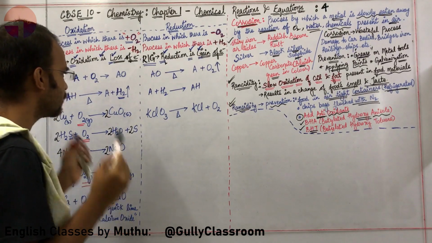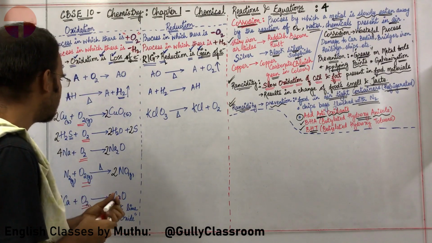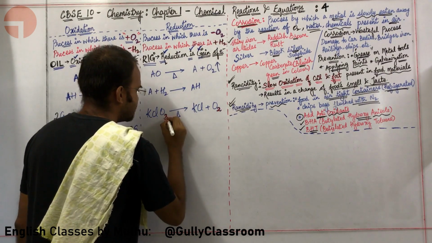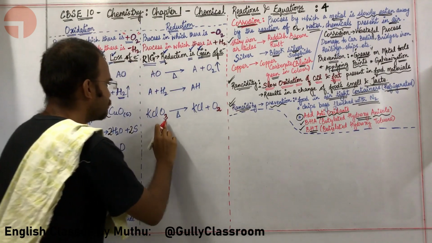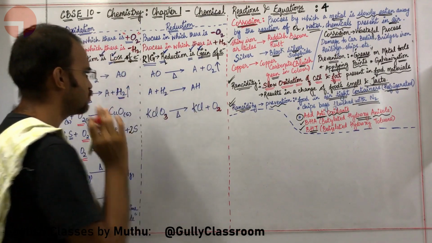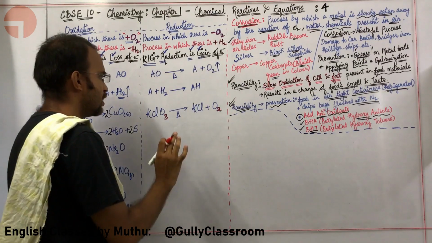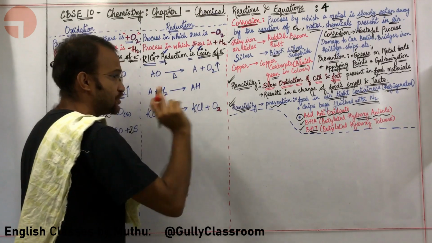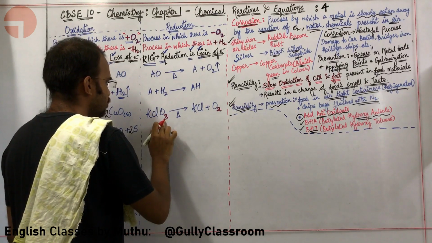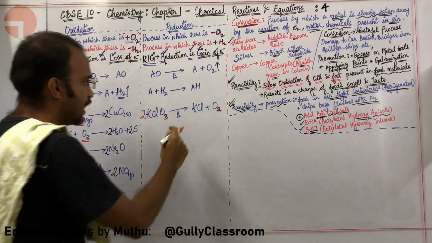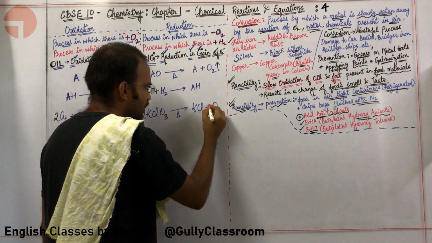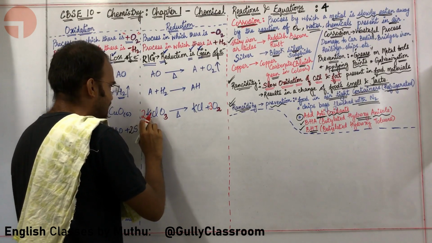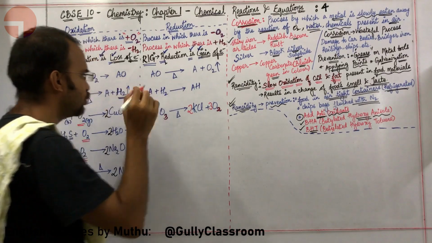Okay, sir. How are you supposed to balance this particular reaction? Balancing this reaction is really interesting. Look here. Here there is 2, here there is 3, here there is 2. I need to balance 3 and 2 in oxygen. So this is what I am going to do. I am going to take LCM. What is LCM? Lowest common multiple. So the LCM of 3 and 2 is 6. So I need to get 6 oxygen over here. For that I am going to put a 2. I need to get 6 oxygen over here. For that I am going to put a 3. Fine. Now here I have 2 potassium and 2 chlorine. In order to balance this, I am going to put a 2 here.